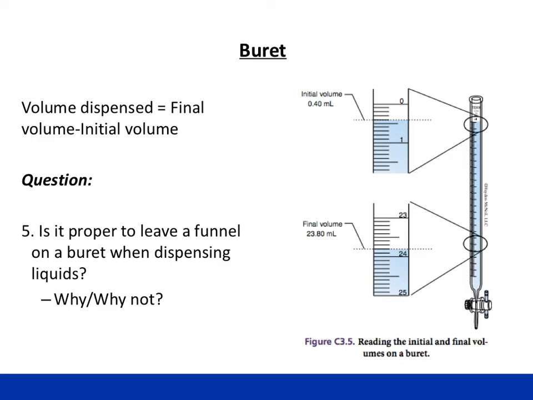When filling a burette, you should use a funnel as the cylinder is very narrow. Do not spend a lot of time trying to get the liquid precisely to the zero line. To do so is really unnecessary and a waste of time. Instead, record where the initial volume is in your laboratory notebook using the gradations on the burette as a guide. Remember, you will want to be at eye level when taking the measurement, so you may need to adjust where the burette is clamped by bringing the burette down a little bit lower. Once you've dispensed the amount of liquid you need, again, record the measurement based upon the gradations on the burette.